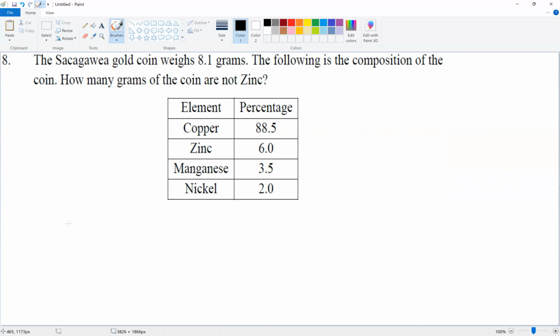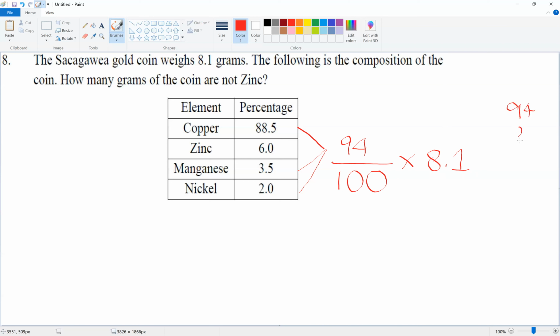So I did 88.5 plus 3.5 plus 2, which is 94. So 94 out of 100 is not zinc. And your weight is this many grams. So